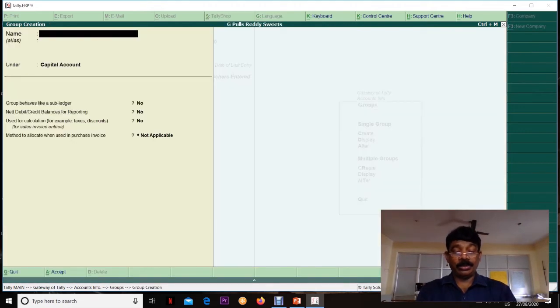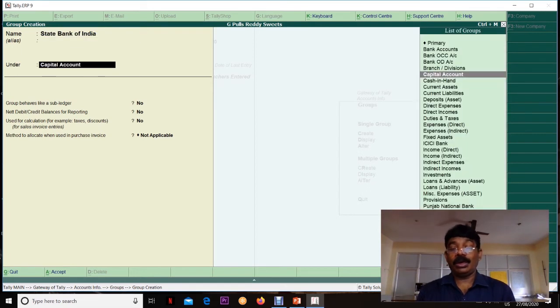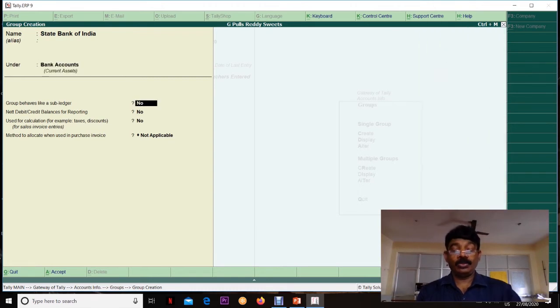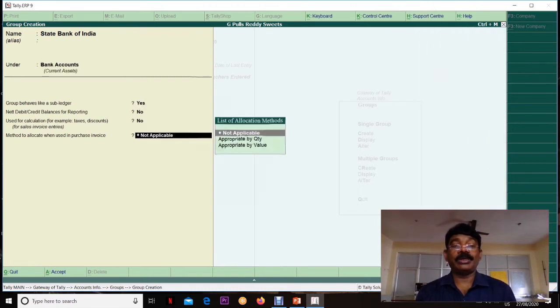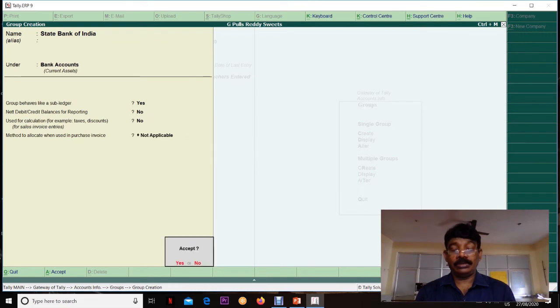Okay, bank accounts. I have to create State Bank of India. Under which group do I have to create? Main group, bank accounts. Group behaves as subledger, I am selecting yes. Press Y. Automatically it is created.